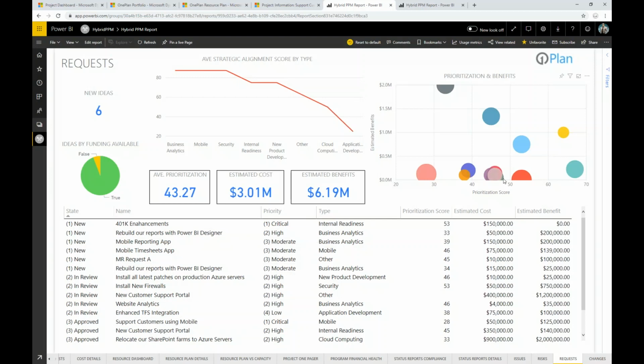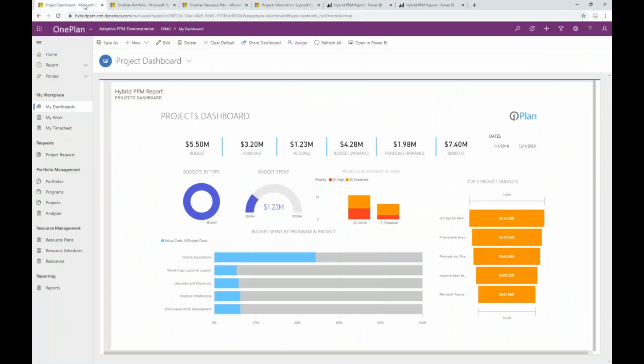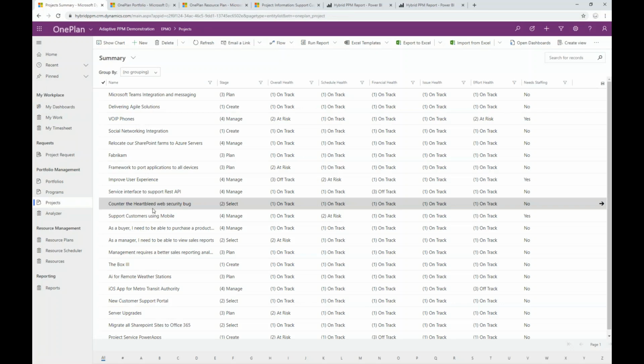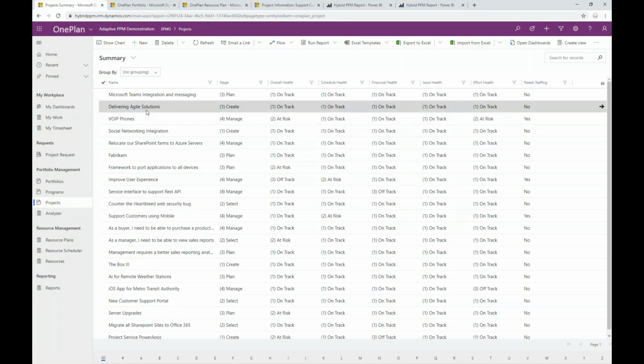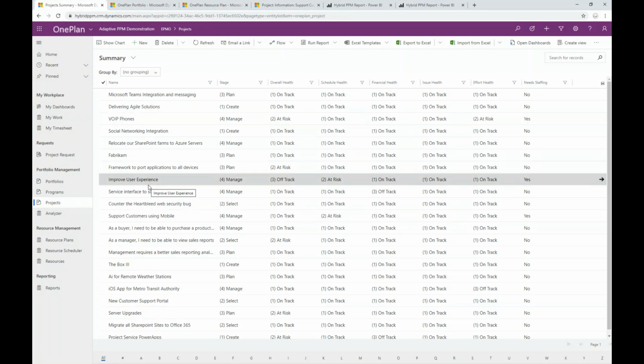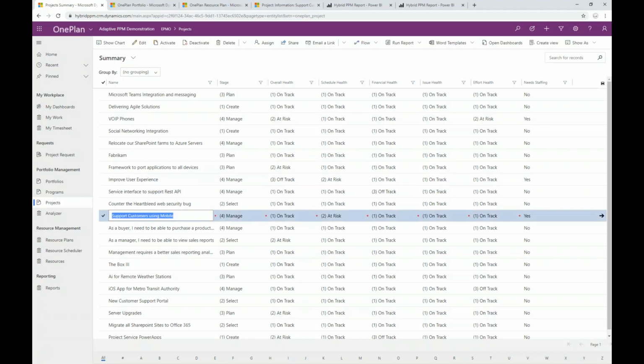See reporting about prioritization and benefits, and a great way to visualize the information that's being gathered as we're taking projects through an ideation process. So if I navigate back to that project reporting and the projects and open up that support customers using mobile project again, that particular project, we're gathering information to build out a business case. But as we are tracking that project,